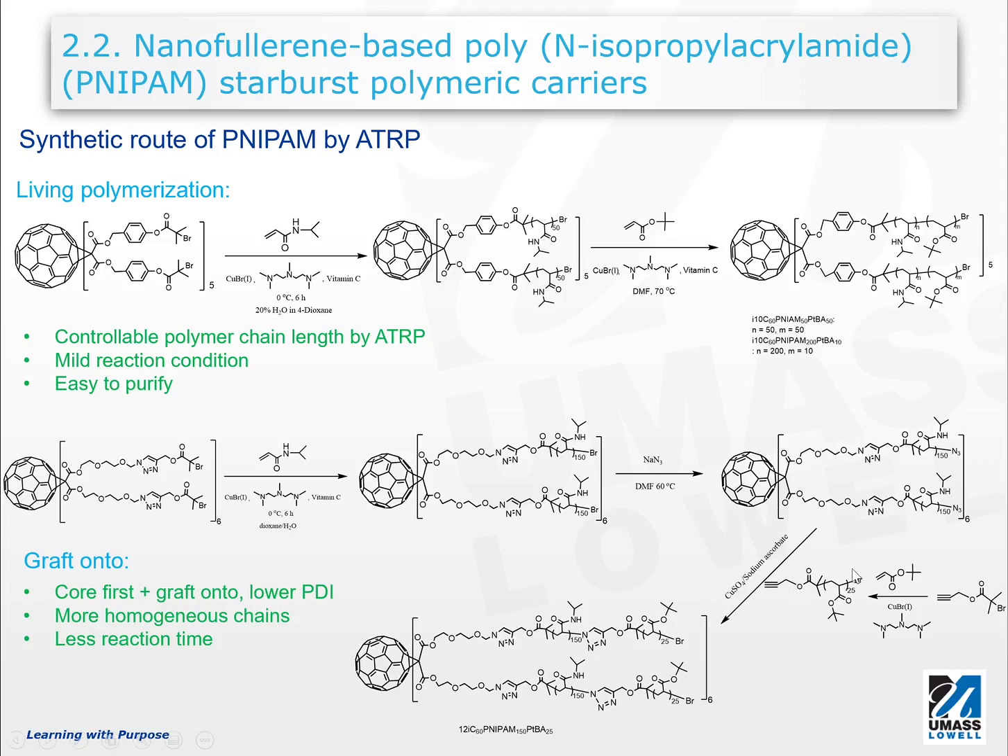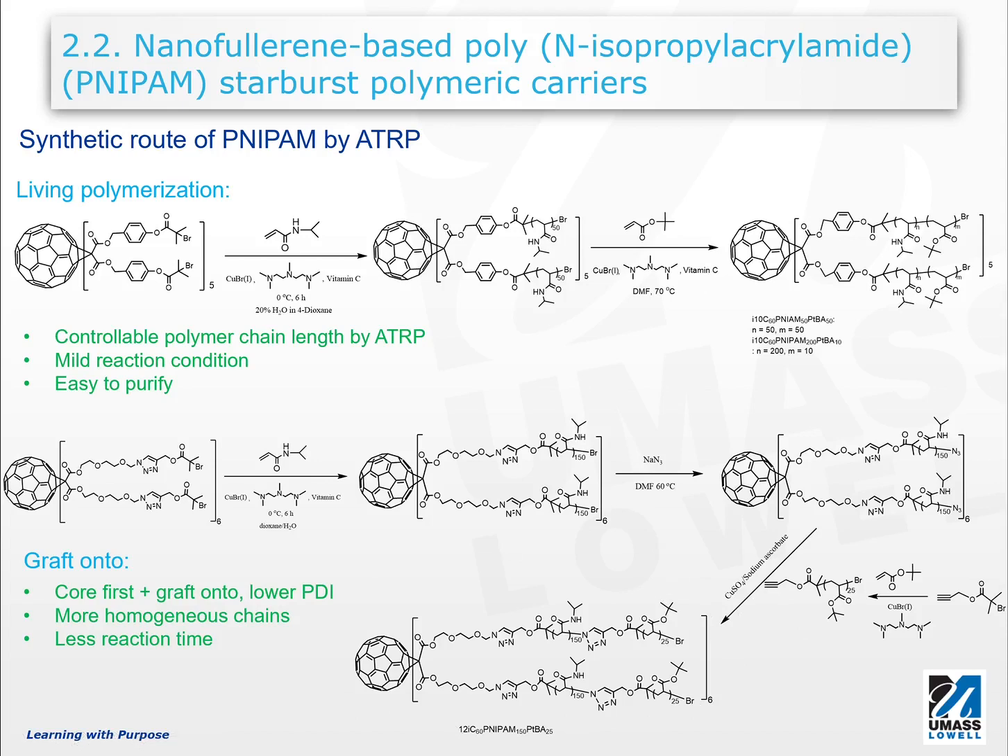And then we just directly click the second block on the first block. Thus, we will have this type of molecule containing both poly-nippon block and polyterbutyl acrylate block. And comparing two methods, this method has much better advantage rather than the first method, because by graft-onto methods, we will have more homogeneous polymer,